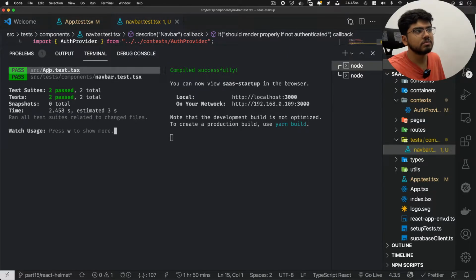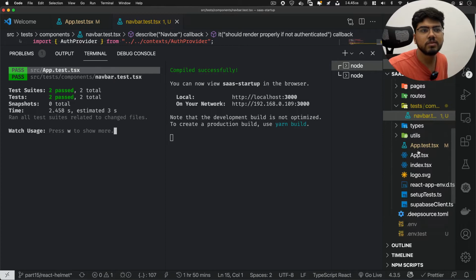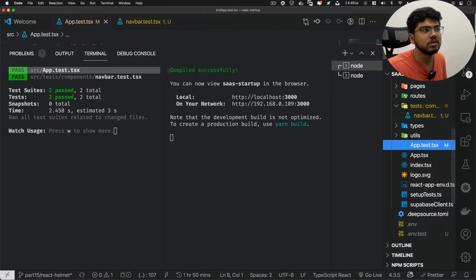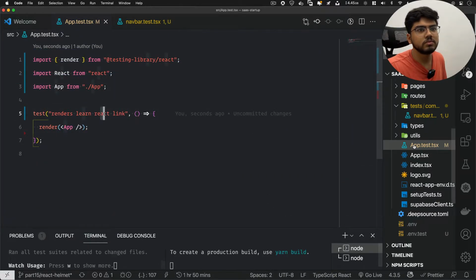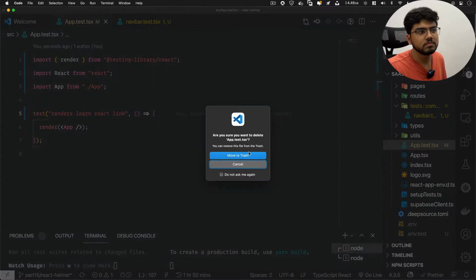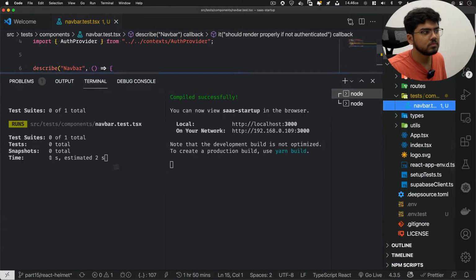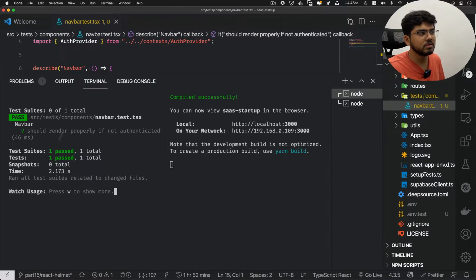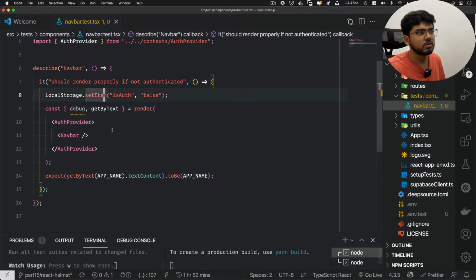First test is app.tsx, which is provided by default. I'll remove it for you for now for easier view. So I'll remove this file. Yes, so one test we wrote and that test works properly. It's navbar test and should render properly if not authenticated. Okay, now